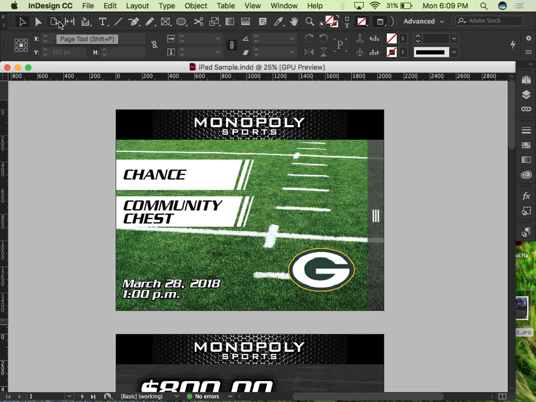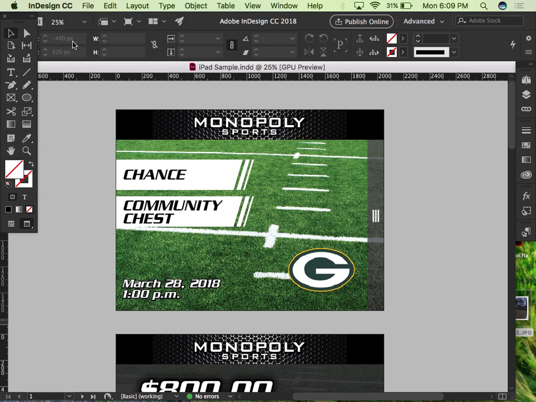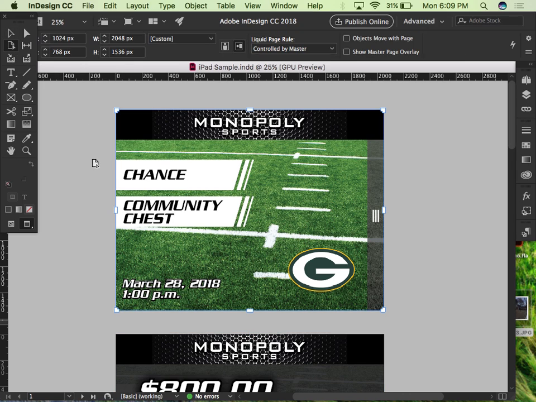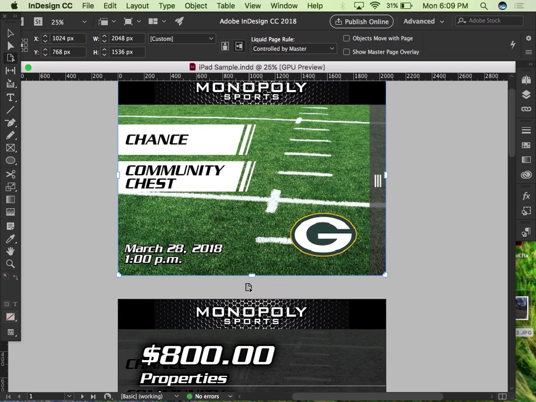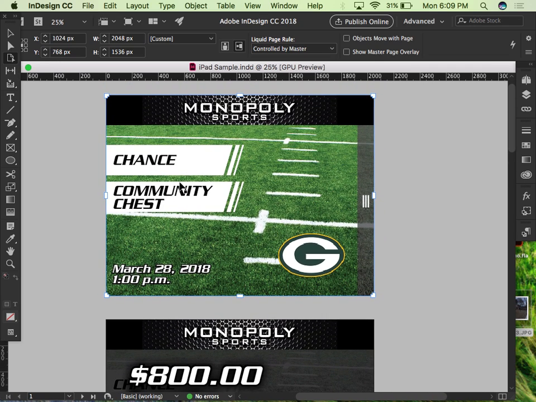So if I get my page tool here, and you can see my tools, I have them in a different area a little bit, kind of moving these around. But if I take this page tool and just click on this window in InDesign, this is showing me 1024 by 768. And then I have another screenshot too. So in concept, this would essentially, let me go ahead and